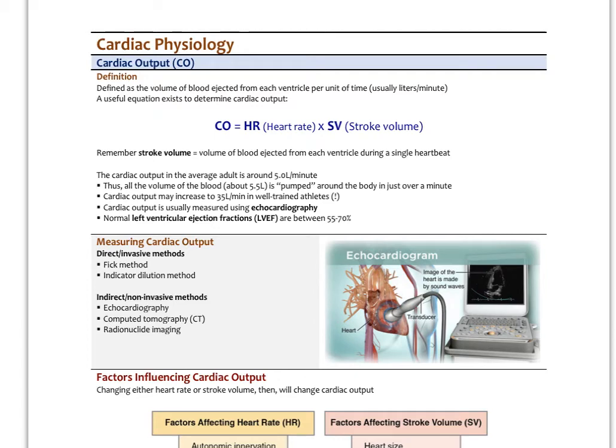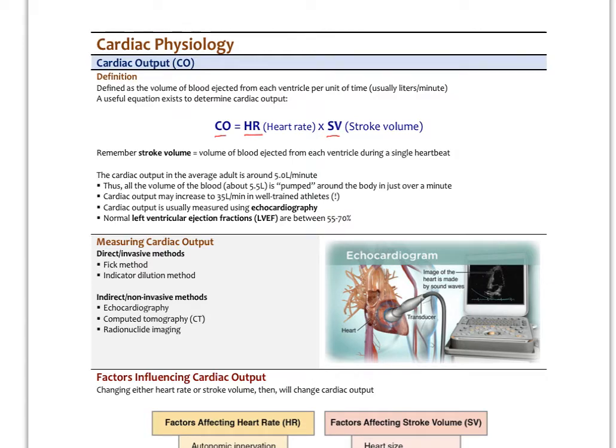Now, a very important measure of output from the heart would be cardiac output. That's defined as the volume of blood ejected from each ventricle per unit of time, usually liters per minute. So how many liters per minute are ejected from the heart? That's cardiac output. The equation for cardiac output essentially is cardiac output equals your heart rate times the